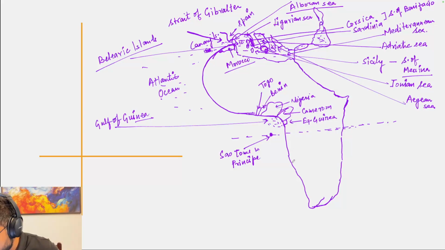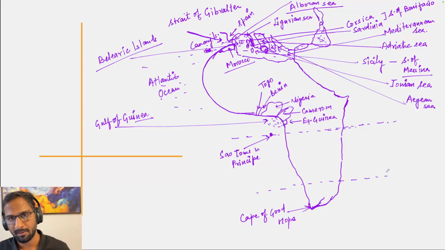Then moving further south, this land protruding is called Cape of Good Hope. Obviously, over here you'll find Tropic of Capricorn passing. Again, I'll come to all these important latitudes and the countries through which they are passing. Then this country is South Africa